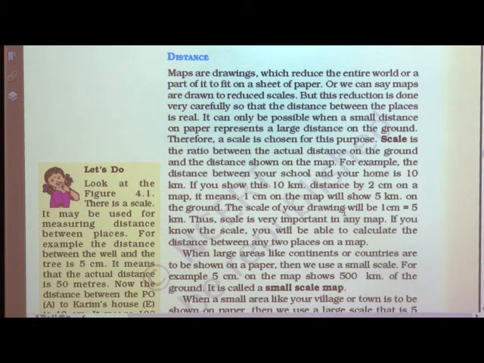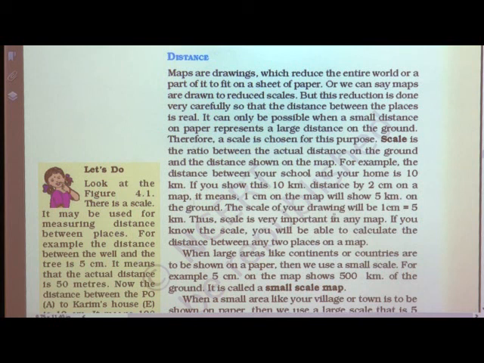If you want to show 10 kilometers, then you have to show only 2 centimeters. 1 centimeter on the map will show 5 kilometers on the ground. So, the scale of your drawing will be 1 centimeter is equal to 5 kilometers.